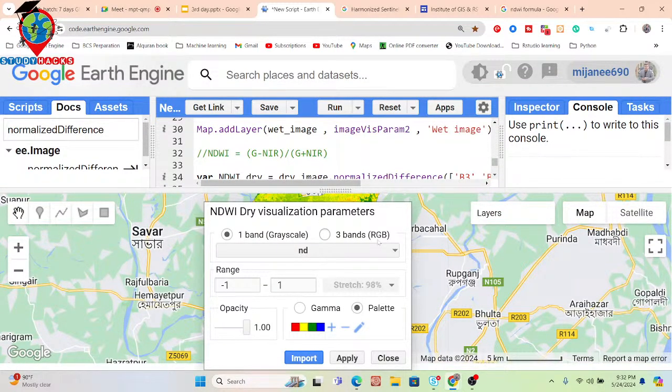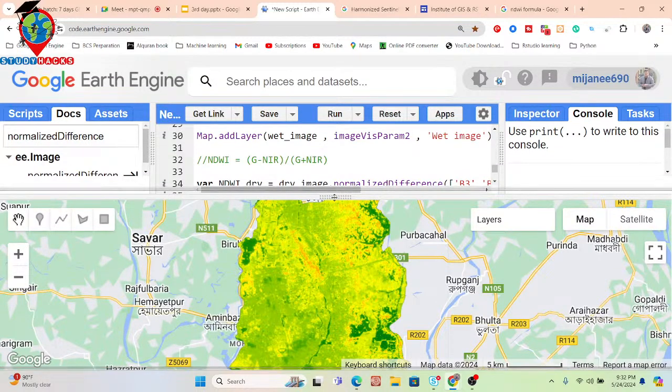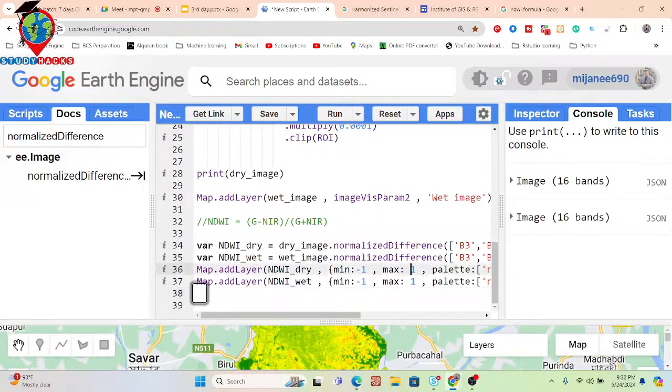You can see it shows about 0.1. So I just change it. Suppose I put here 0.5 and not 1. Just stretching. It's not like that min and max value. Just for the data visualization, we put this type of range, then it looks better.